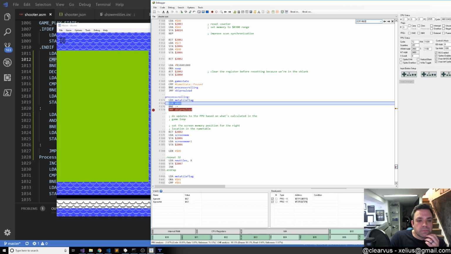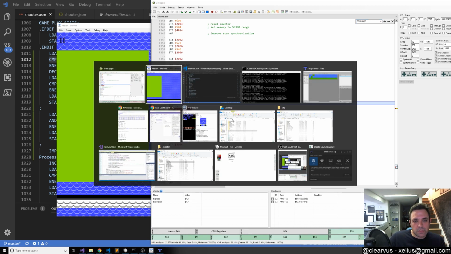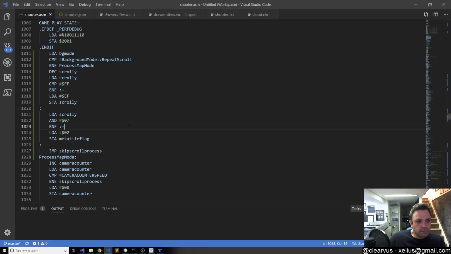So the OR was wrong because what? Because branch if not equal never would have been not equal. I think I wanted to do an AND. If that bit is set, then